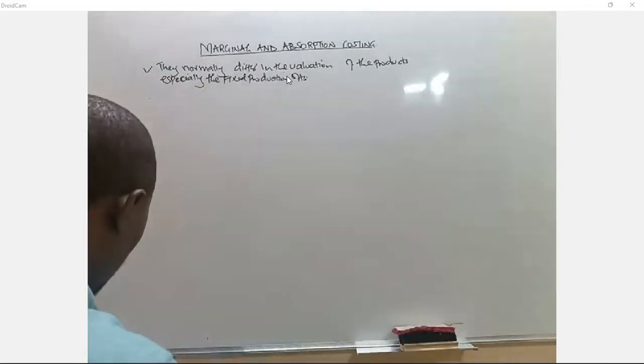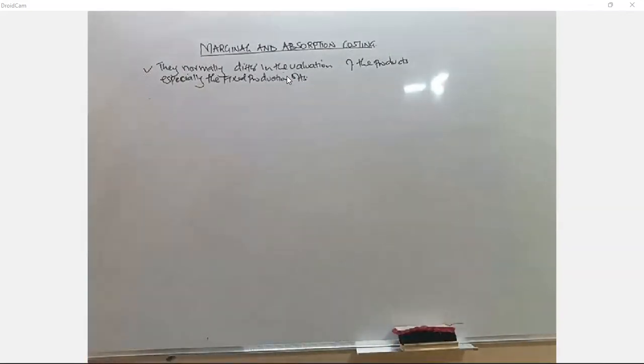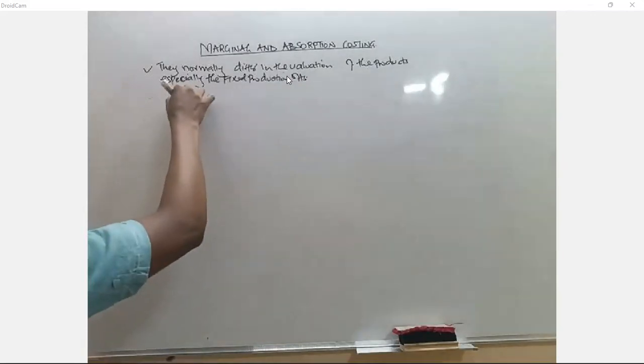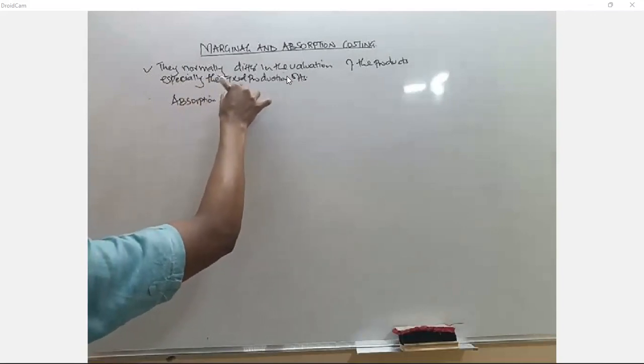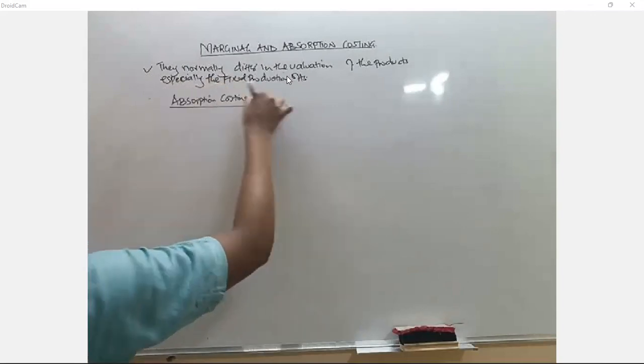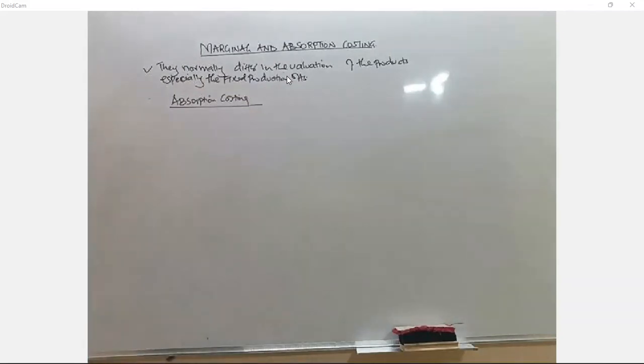Now, in this case, when you're looking at the other side, absorption costing, it means it factors the fixed production overheads per unit when you are calculating your product costing, right? We are talking about absorption costing, right? So let me just go straight away because I'll be able to share the notes for you, because already you have known the difference between the two methods. When I look at the product costing,